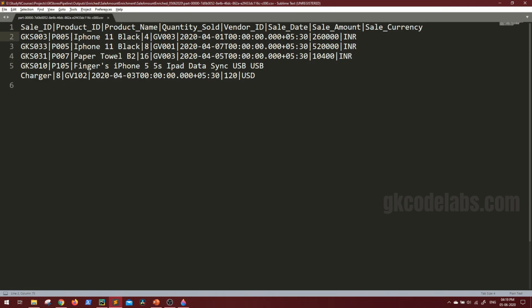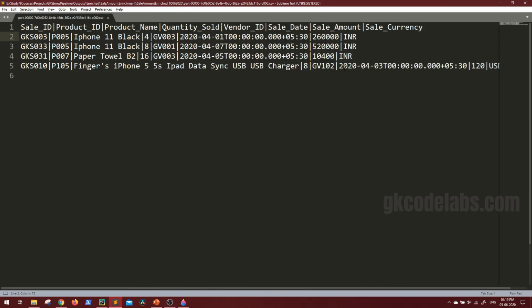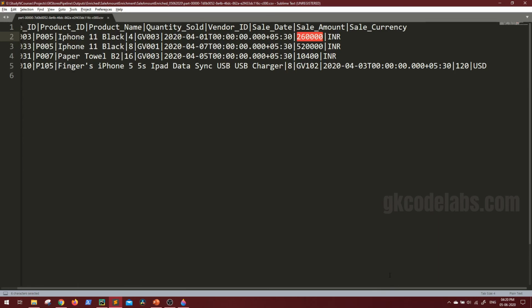So this is the limited data. Once we execute it on a cluster with huge data, we can see more. It's coming like this, I think this is a text editor problem. So these three are in INR, and we have to consider the USD values. So this might have to be considered at the current day's USD rates, and this is already USD, so we don't have to touch this. So let's see how to do that.